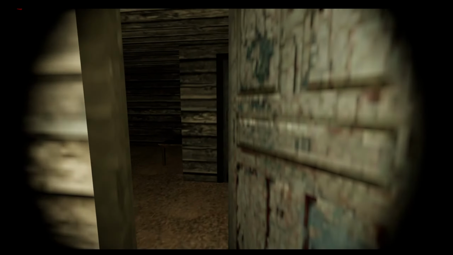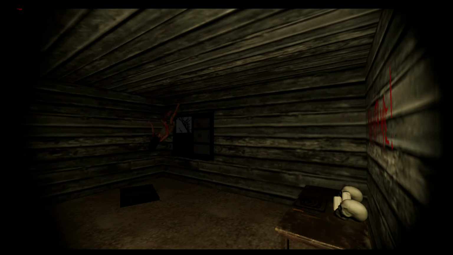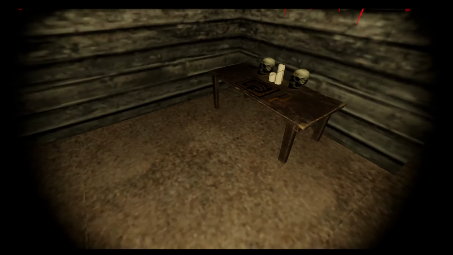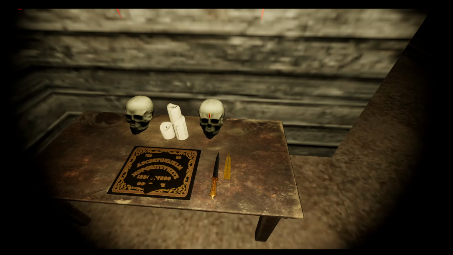So you will find all the elements that I've shown you in this game. Oh, see, this is again a kind of jump scare. When you enter the room, this ghost appears. Cute.